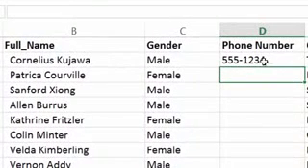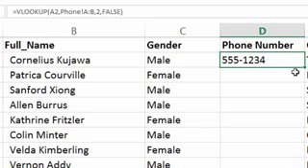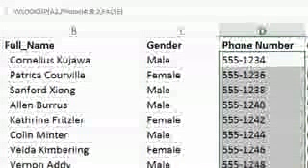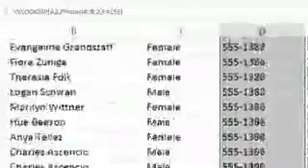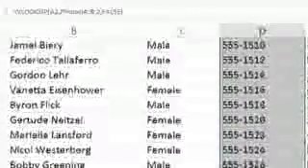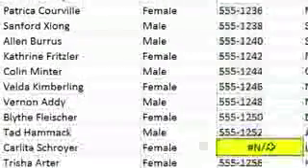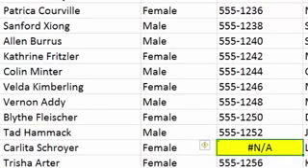And you'll see the phone number appears for Cornelius, and then we'll use the autofill to let Excel do the rest of the work for us. And you'll see now that the phone numbers are filled out all the way down. What I want you to notice though is if you scroll down a little bit, you'll see an error that appears. And that's because Carlita, one of our customers, does not have a phone number listed in our phone directory